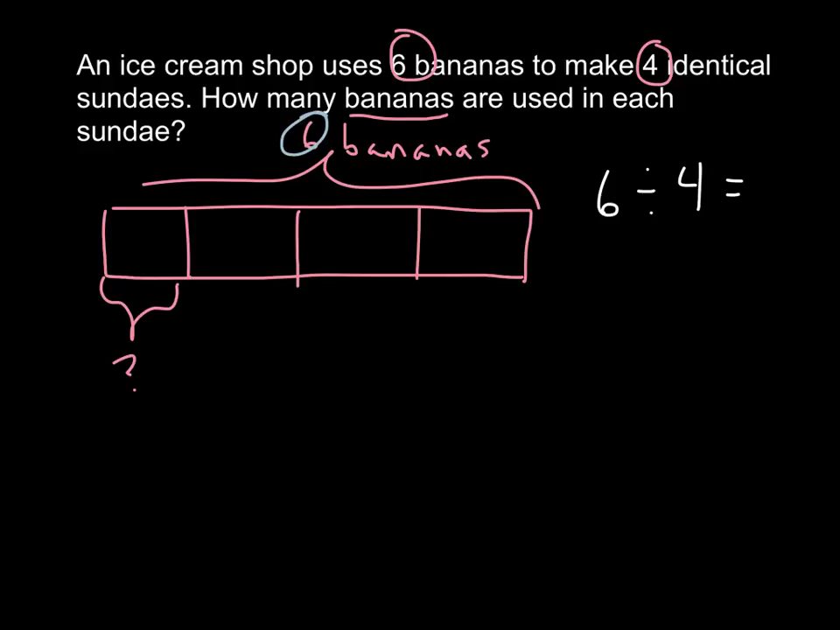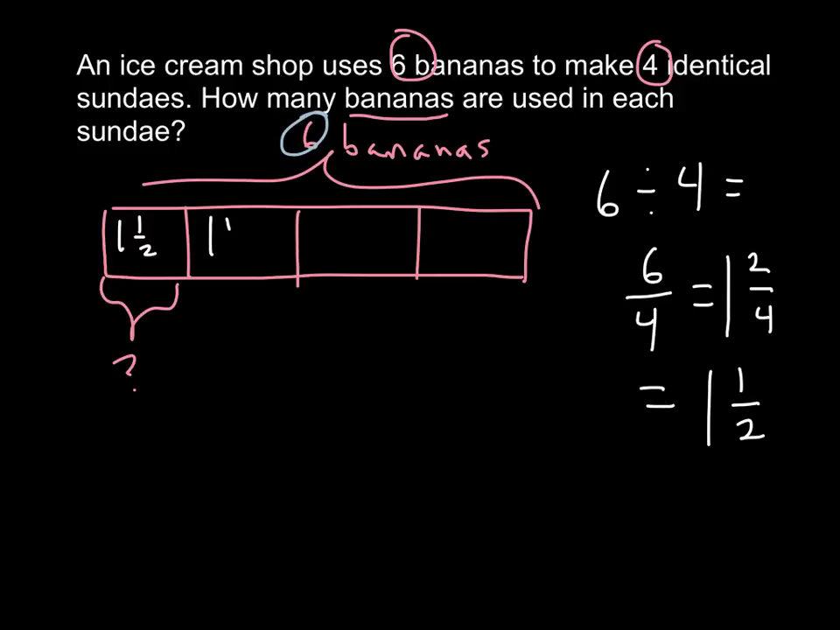And I can state that as a fraction, which is 6/4. And then I need to find the simplest form, which would be 1 whole, because 4 will go into 6 one whole time. I'll have 2/4 left over. And of course, that simplest form of 2/4 is 1/2. So I will need 1 1/2 bananas